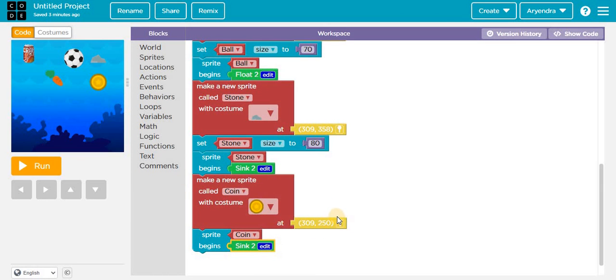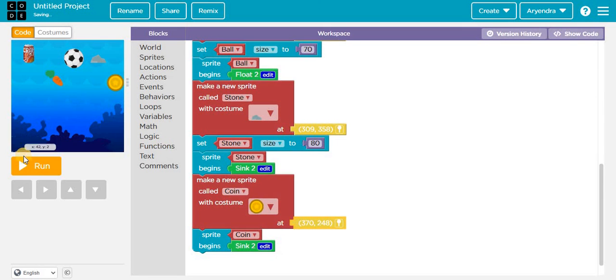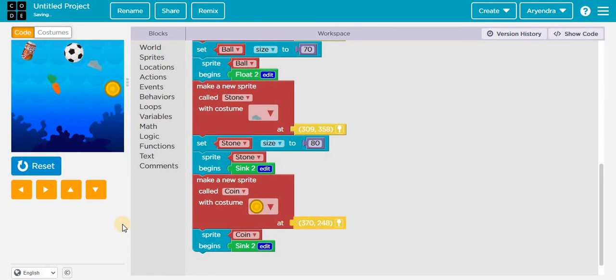Oh no, we can also change the position of coin to another. I can take it here. Now let's check. Yes,